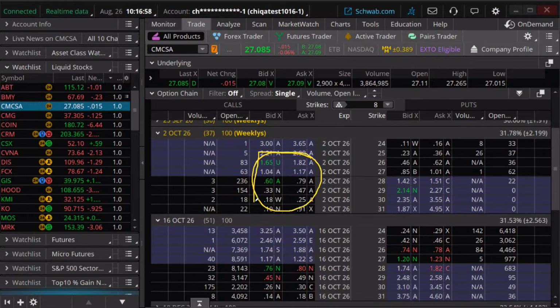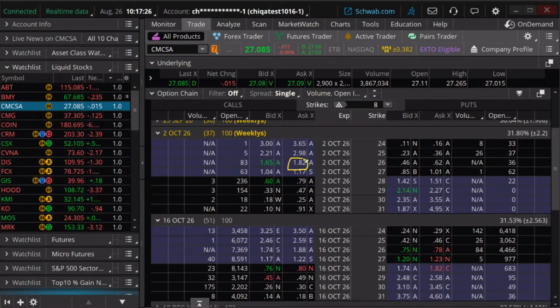In general, as you look at these, and these aren't terrible here, look at the bid-ask spread, the difference between the bid price and the ask price. Generally what I like to see is the difference between the bid and the ask to be less than 10% from one another. How do I do that? If I see an option that's $1.82 ask price, I'd like the bid price to be within 18 cents of that, just moving the decimal point over. That's kind of an example of this. That's why we started with the liquid options list here.